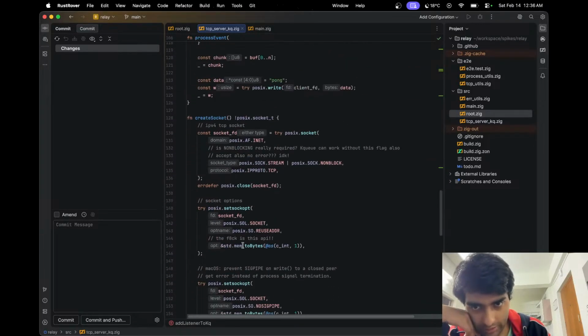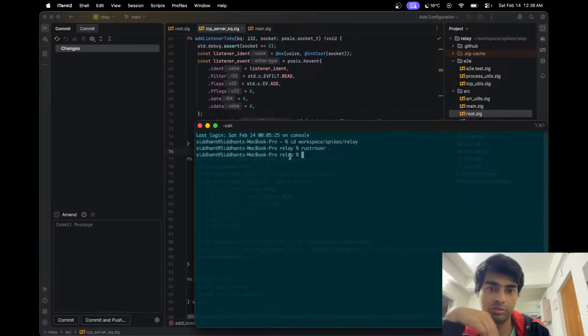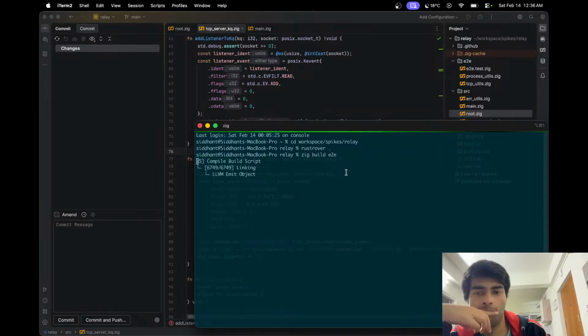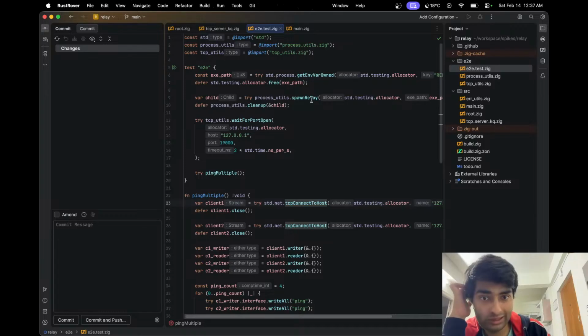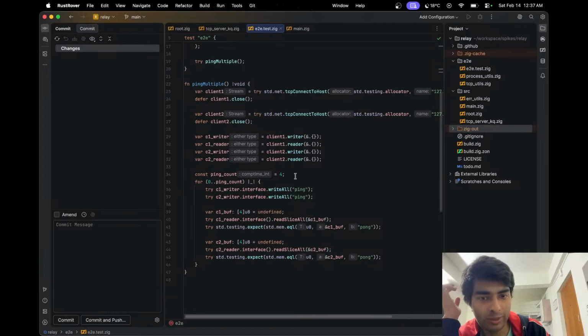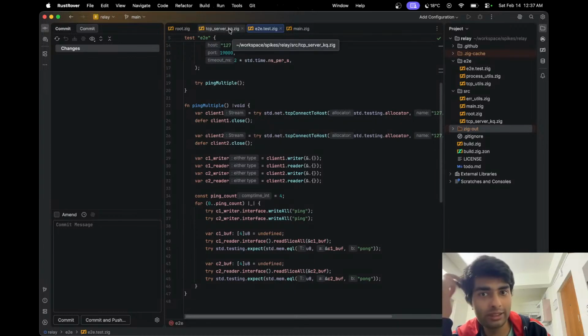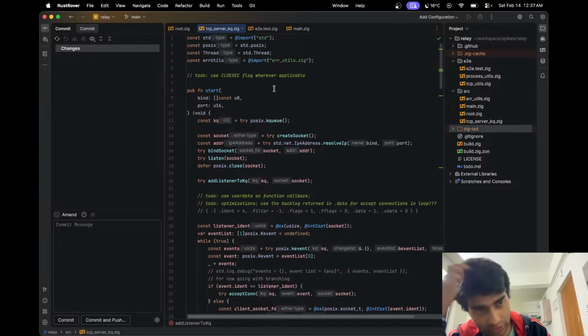So now the problem is this guy is only... so if I do zig build e2e, it works here. So it runs my E2E. The E2E is pretty simple. We just spawn the E2E executable that was created here, and we run that executable and ping pong about 4 times from 2 clients, simultaneously, so it can handle that. Else it will fail. I can show you my